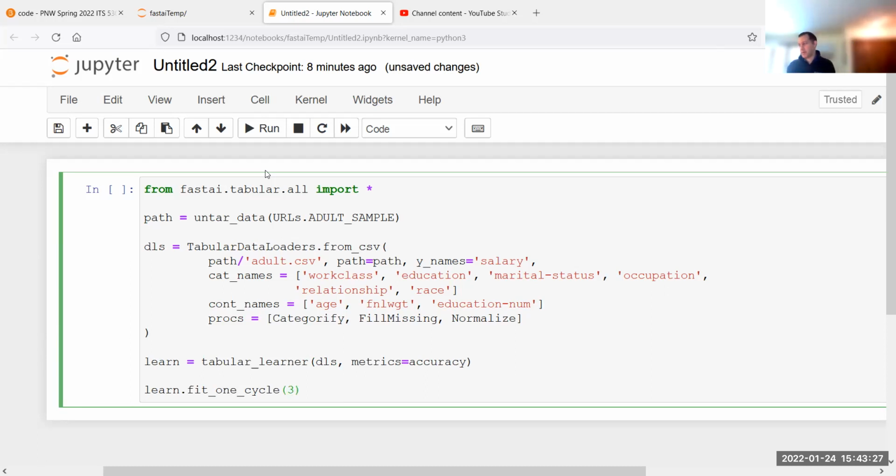So it's 3 epochs basically of looking at the same data set 3 times. But I'll add a comment here: no transfer learning here. Just train from scratch, basically. Okay, so that's the idea.